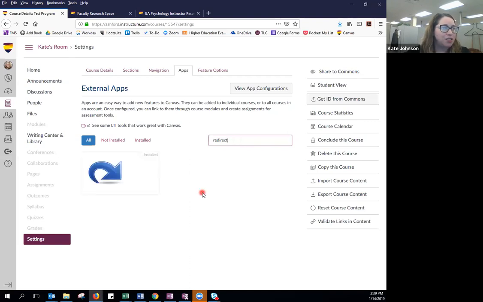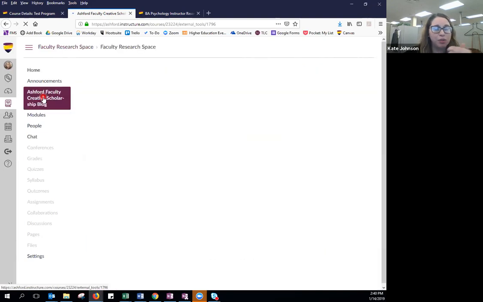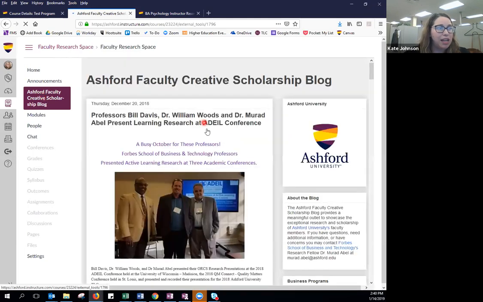It looks like that, just the redirect tool. And how I've used it, what it allows you to do is to completely embed an external website into your Canvas course. So right now I'm working with a group to create a faculty research page, and part of the research team, what they do is they support the faculty creative scholarship blog that Murad Abel oversees. So I was able to completely embed that website, and it does not